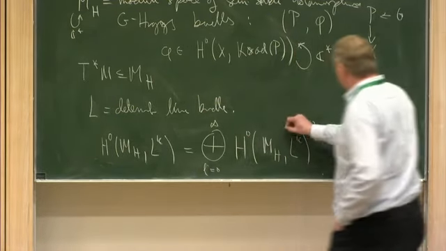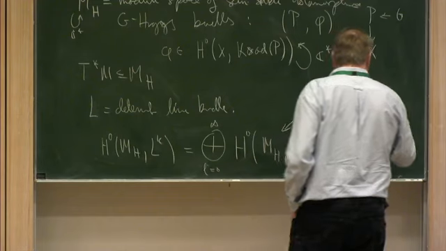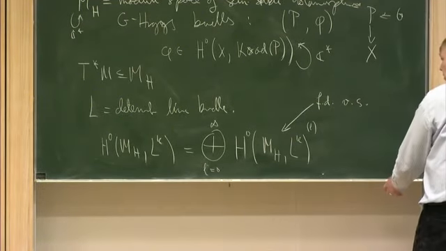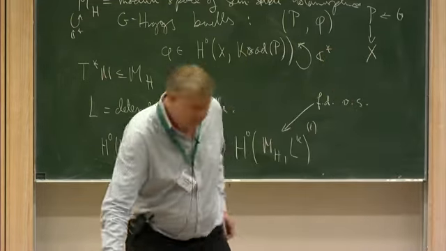These guys are finite dimensional vector spaces. And therefore, I can now define what we call the Hitchin character,